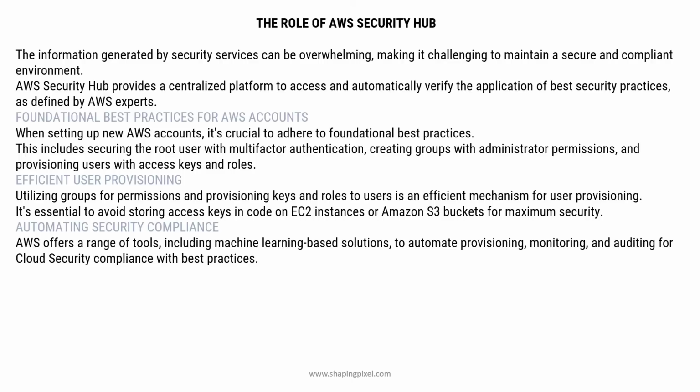When setting up new AWS accounts, it's crucial to adhere to fundamental best practices. These include securing the root user with multi-factor authentication, creating groups with administrator permissions, and provisioning users with access keys and roles. Utilizing groups for permissions and provisioning keys and roles to users is an efficient mechanism for your provisioning. It's essential to avoid storing access keys in code, EC2 instances, or Amazon S3 buckets for maximum security. AWS offers a range of tools, including machine learning based solutions to automate provisioning, monitoring, and auditing for cloud security